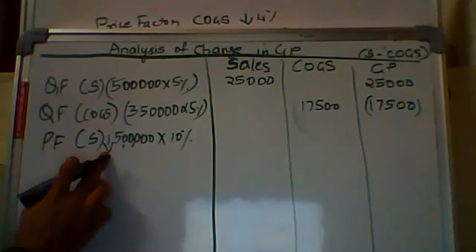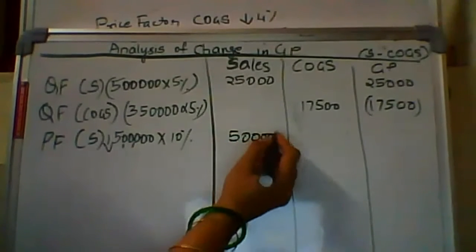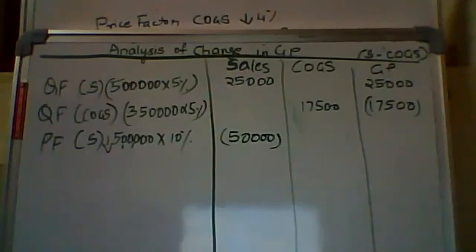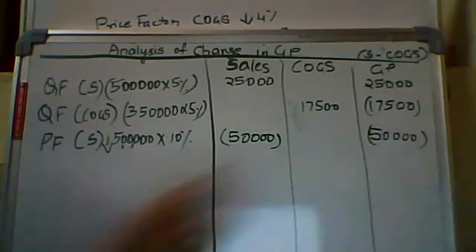There is a decrease in the price on 5 lakhs, 10%. How much is the decrease? 5 lakhs only, na? 2001 sales. Yes, ma'am. Okay. So on 5 lakhs, we are doing 10%. 10% is coming to how much? 50,000. That's the reduction in the sales. So you will write the reduction in the sales because it's minus. You will have to minus it.